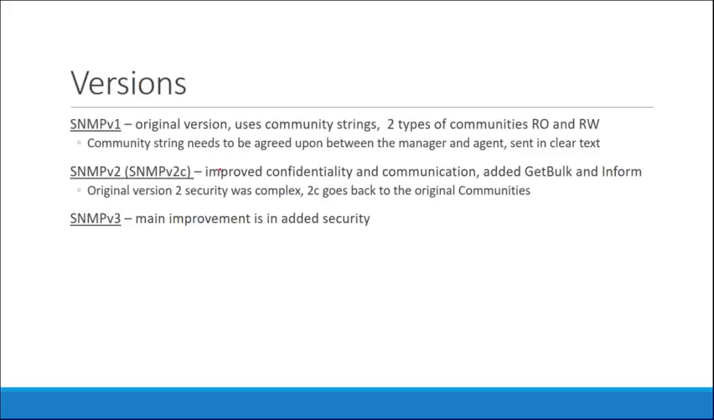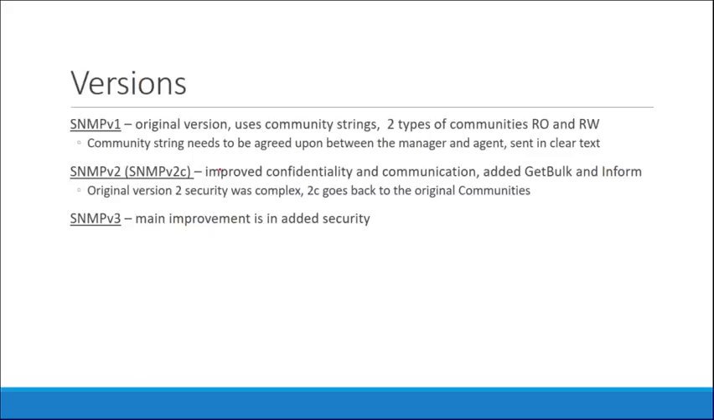It improved confidentiality and communication. It added the get bulk message and the inform message. So the original version 2, and why we ended up standardizing on version 2C that we now just commonly refer to as version 2, was because the original version 2 security was kind of complex, and folks wanted to go back to the original idea of communities. Hence we got the 2C,